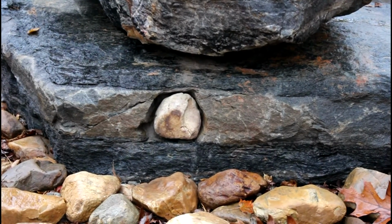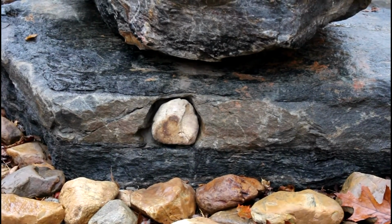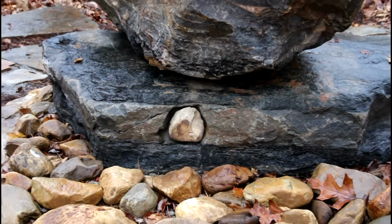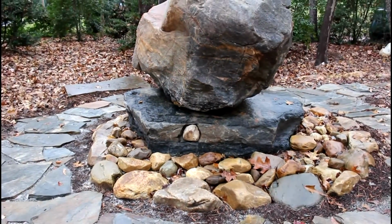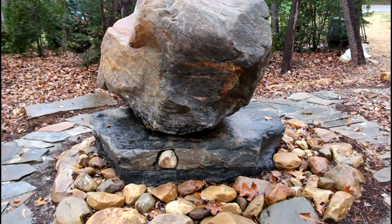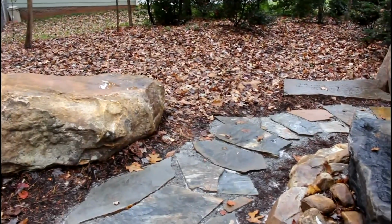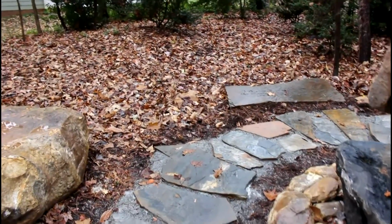Placing relics of this type into a stupa is a long-standing tradition within Buddhism. Backing off, we can see the path around the stupa, which is a meditation path, and interestingly, various neighbors have come to view this area and have given it different names. One of which is a meditation rock garden. And now we're about to take a closer look at the upper boulder on the stupa